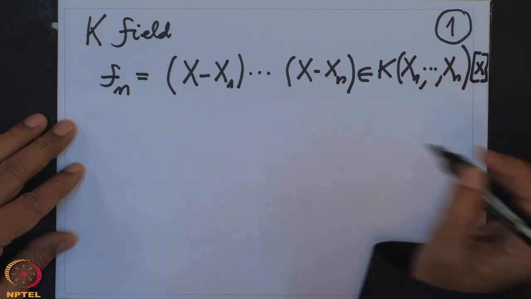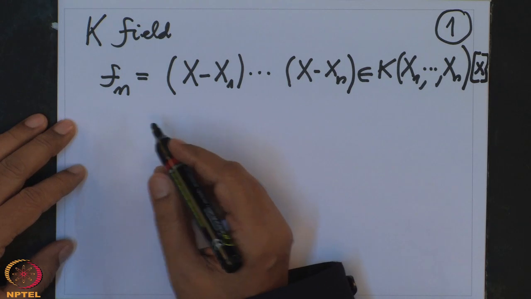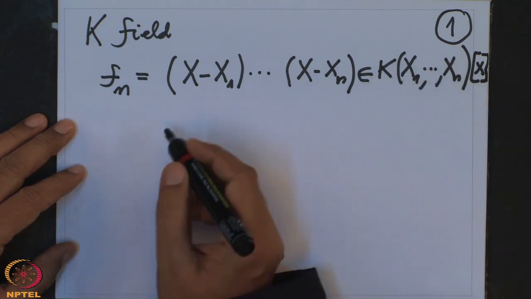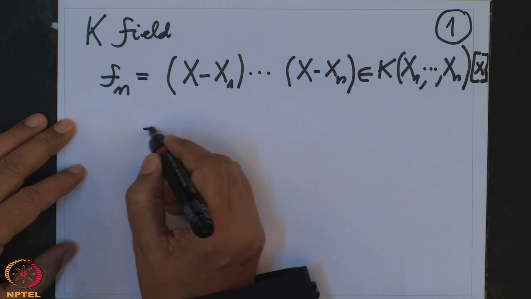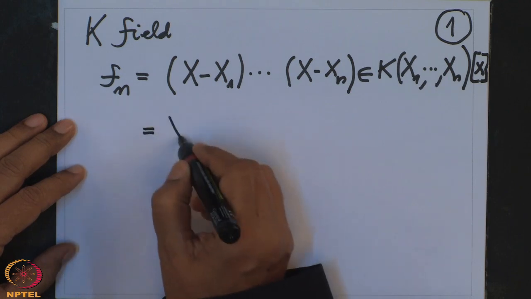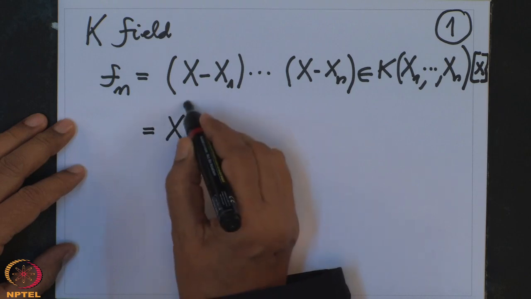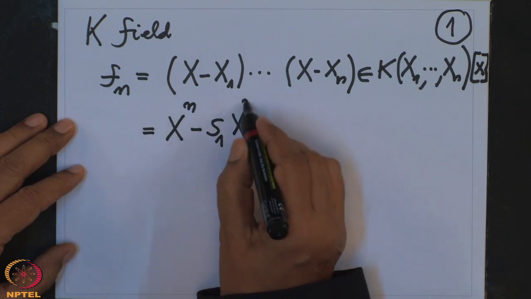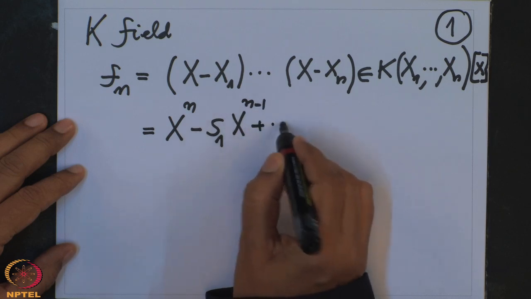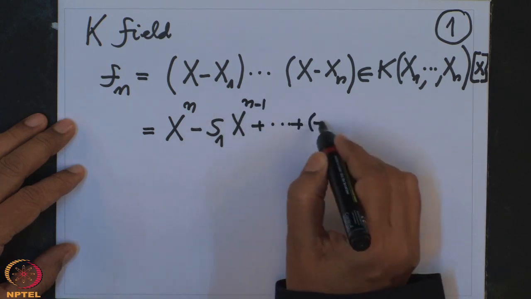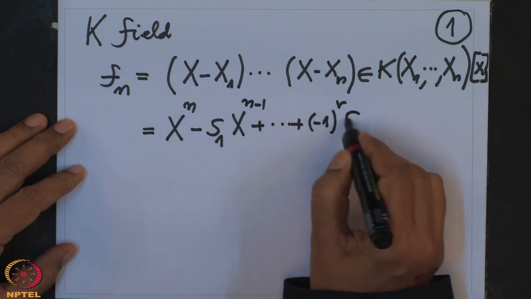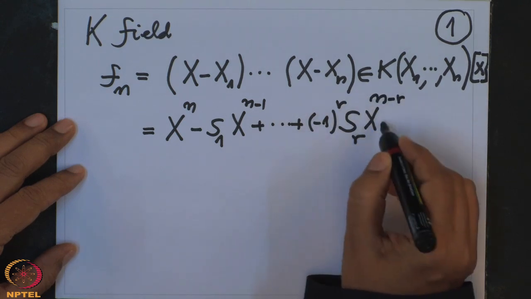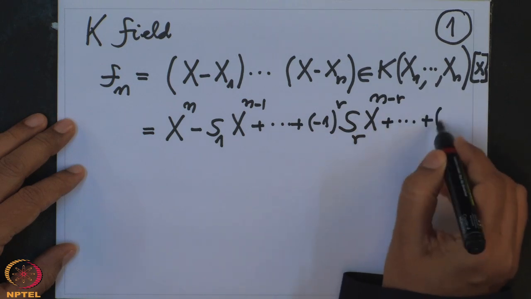This is a polynomial in x with coefficients in the rational functions. And we have seen that when you expand it, it is x^n minus s1 x^(n-1), etc., the middle term is (-1)^r s_r x^(n-r),